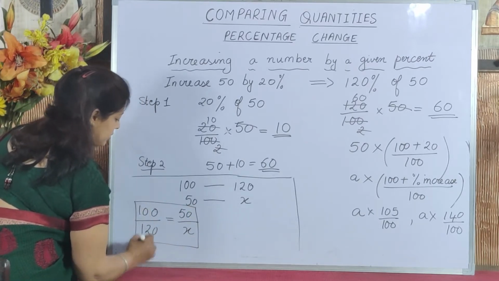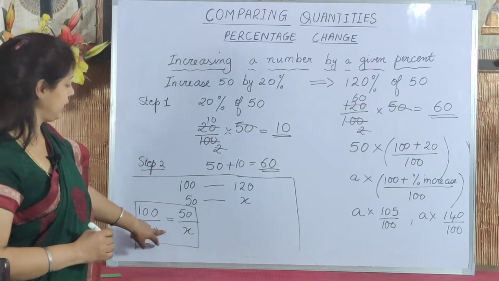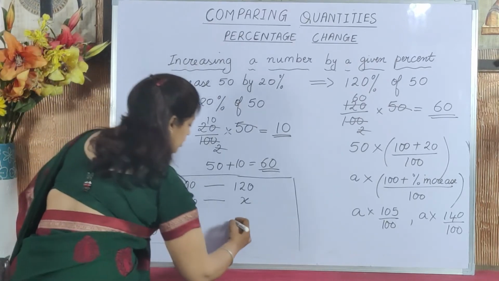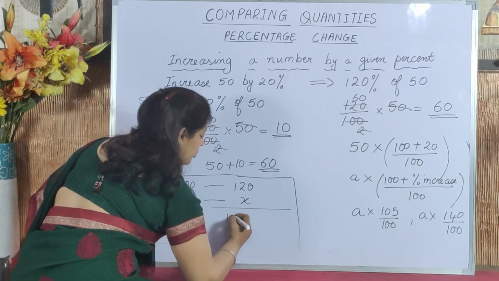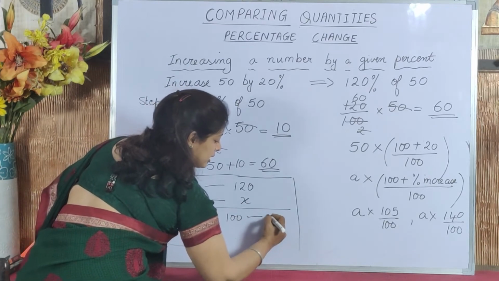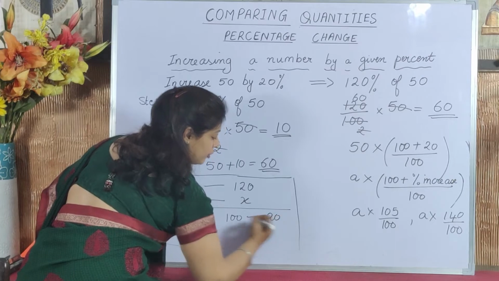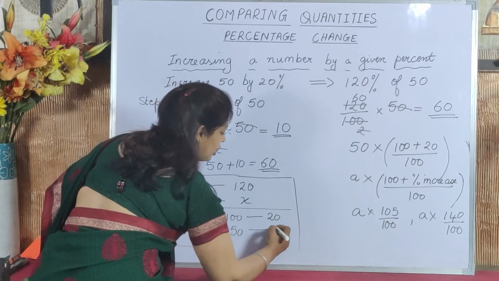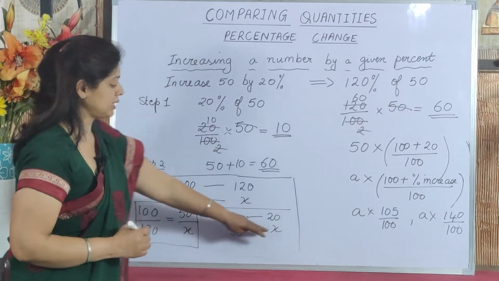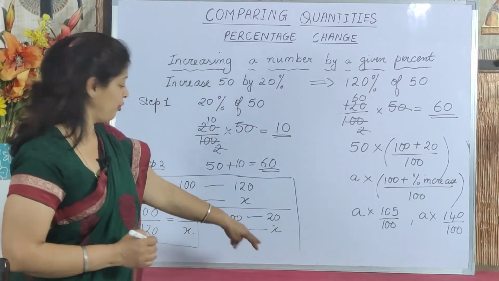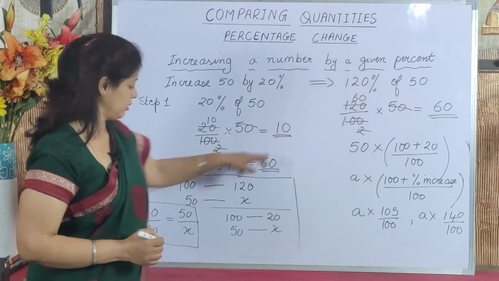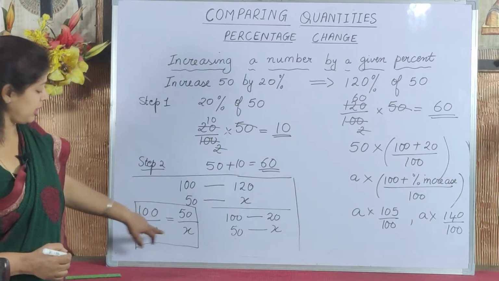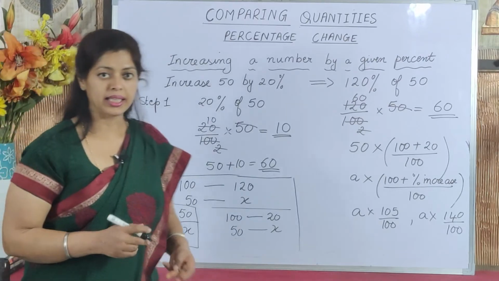So then it becomes very simple to find the new value. Or if you want to find only the change, you can say if the old number is 100, a 20% increase gives the increase only. 20 is the increase. If the old number is 50, what is the increase? Now in this case, the value of x will give you the increase of 10. And in this case, the value of x will give the new value with the increase, that is 60.